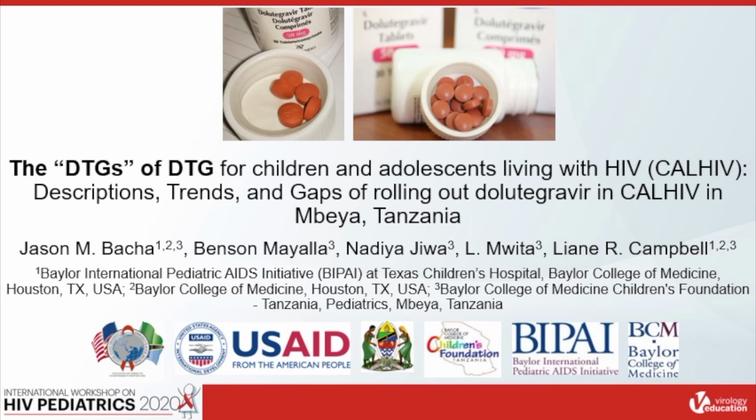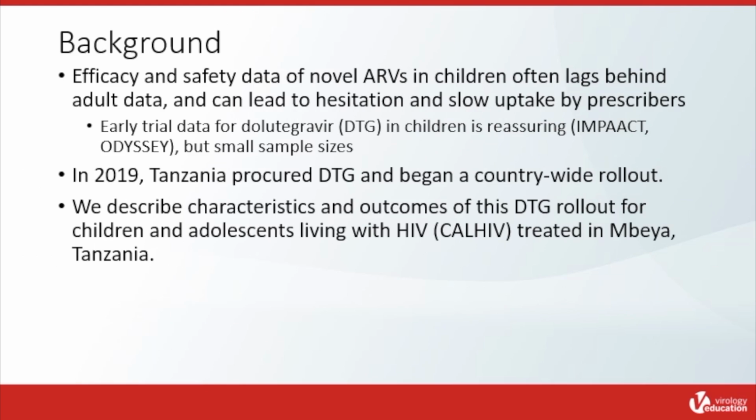Descriptions, trends, and gaps of rolling out dolutegravir in children and adolescents living with HIV in Mbeya, Tanzania. The background to the study, as I think we well know, efficacy and safety data of novel ARVs in children often lag behind the adult data, and this lag can lead to hesitation and slow uptake by prescribers of using